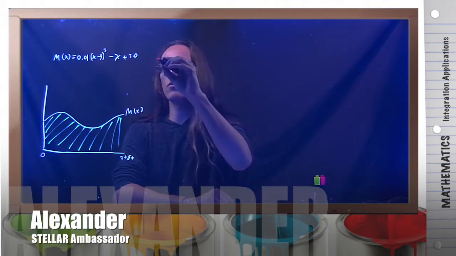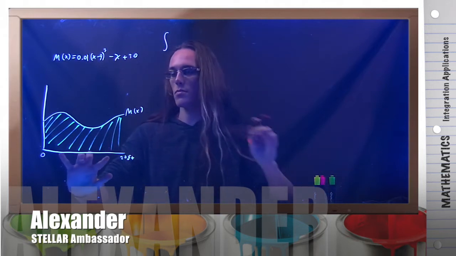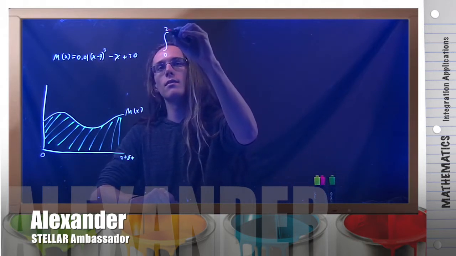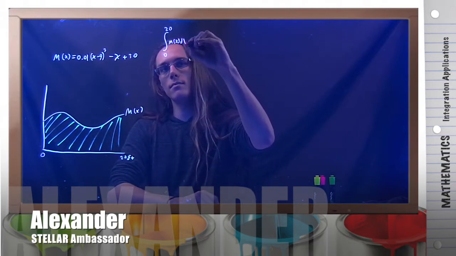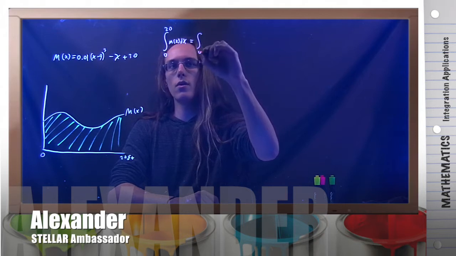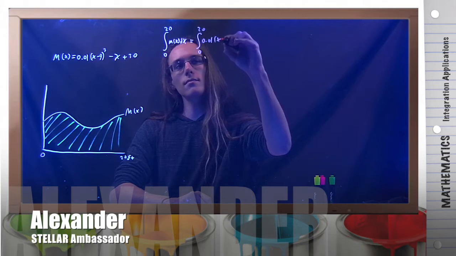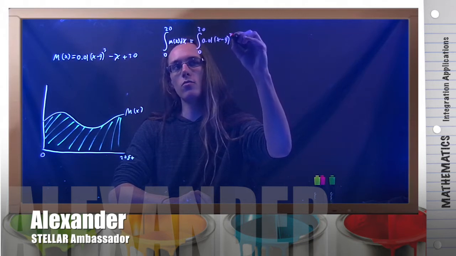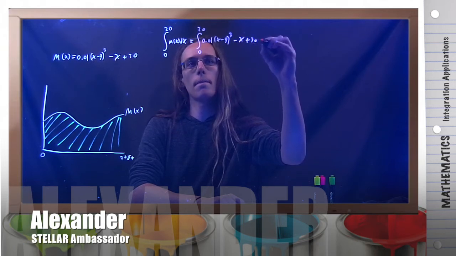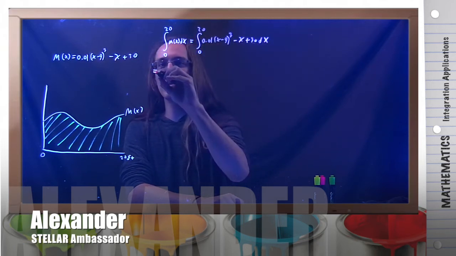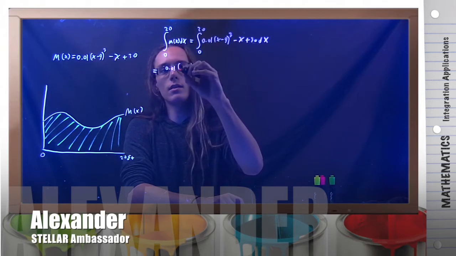So if I set up the integral for this, it's going to be the integral as x goes from 0 to 20 of m of x dx. And what is m of x? Well, m of x is this function right here, 0.01 times (x minus 9) cubed, minus x plus 30. So if I go ahead and calculate this integral, I'm going to get 0.01 times (x